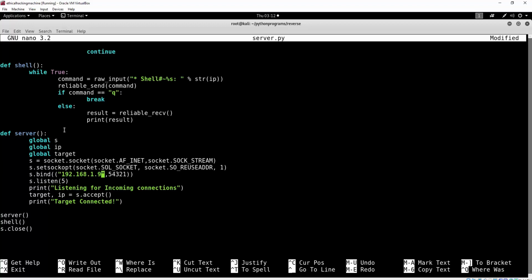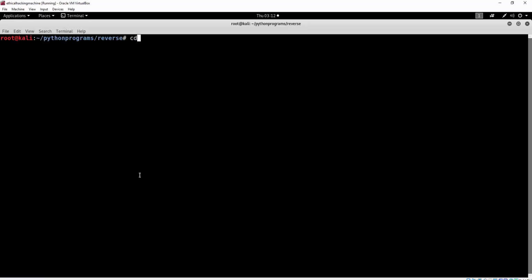And on target we need to specify the connect function to the IP address of our Kali Linux machine, which is the same as here, and to the same local port that we chose. So that should be it. We need to save this as well. And all we have to do right now is make sure that we have the